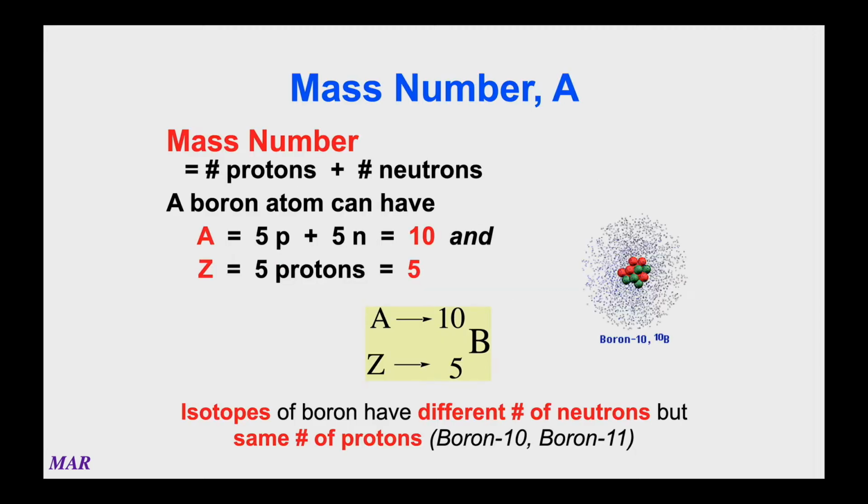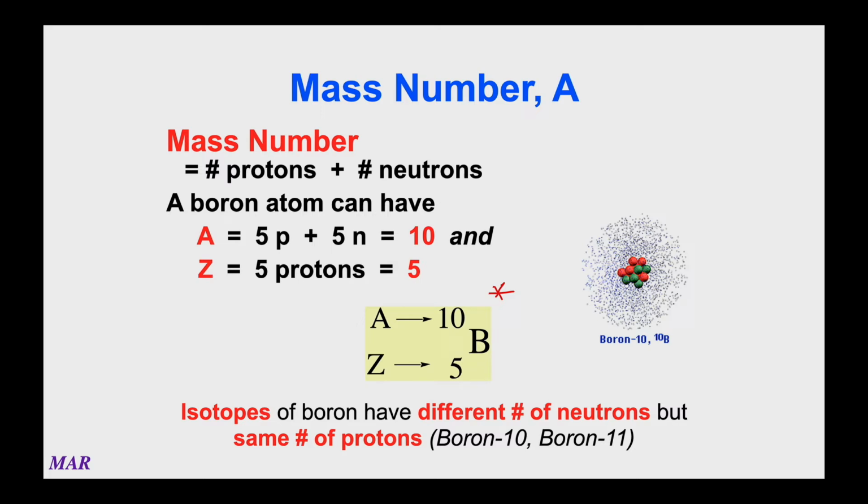You can change the number of neutrons as well, and that creates isotopes, which we talked about in Chem 221. So as an example of a boron atom, boron always has 5 protons because that's the atomic number. And if you add 5 neutrons into the mix, then you have a mass number, which gets the symbol A, mass number of 10. And the symbolism that's used sometimes for these things is shown right here. The upper left-hand corner is the mass number, the lower left-hand number is the atomic number, and the atomic number and the symbol, of course, go really well together.